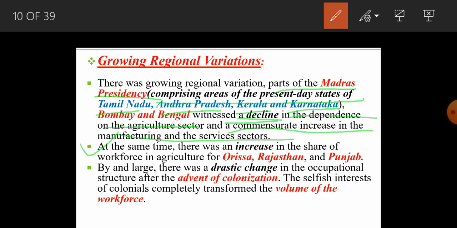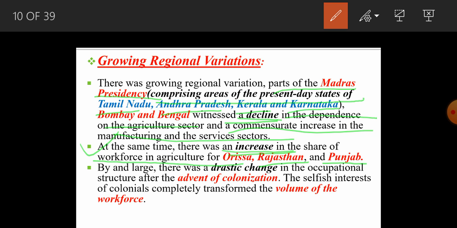Even at the same time, there was an increase in the share of workforce in agriculture. Yes, definitely, as we said, growing regional variations. So in one region where the agriculture sector was not being promoted, the industrial sector was promoted. You will find in some other regions that the agriculture sector was promoted more than the industrial sector. So the examples are Orissa, Rajasthan, and Punjab, where the workforce was more focused and efficient